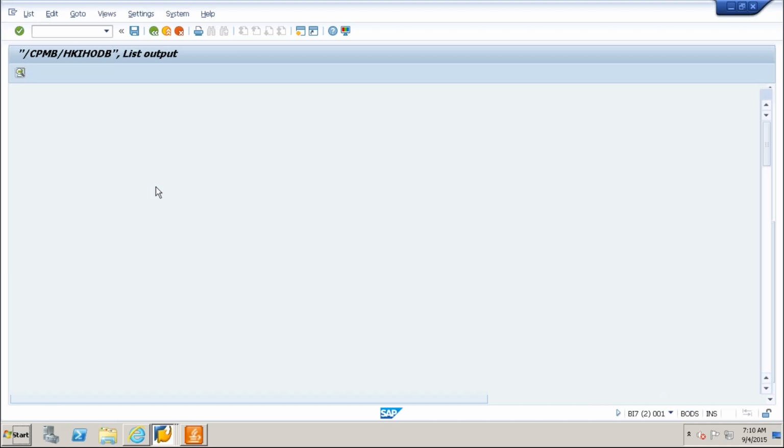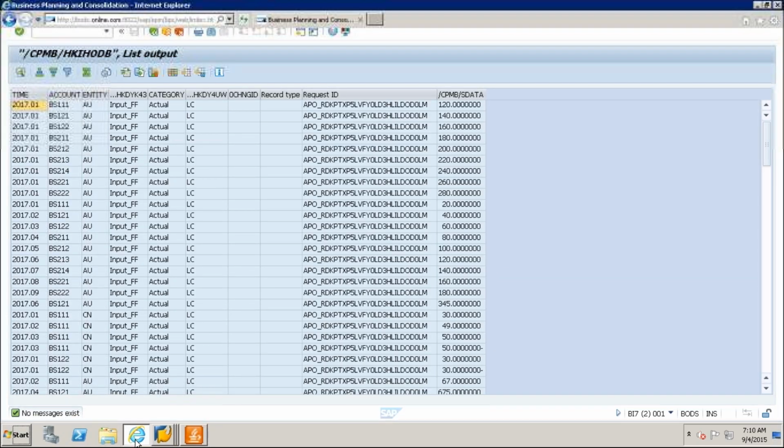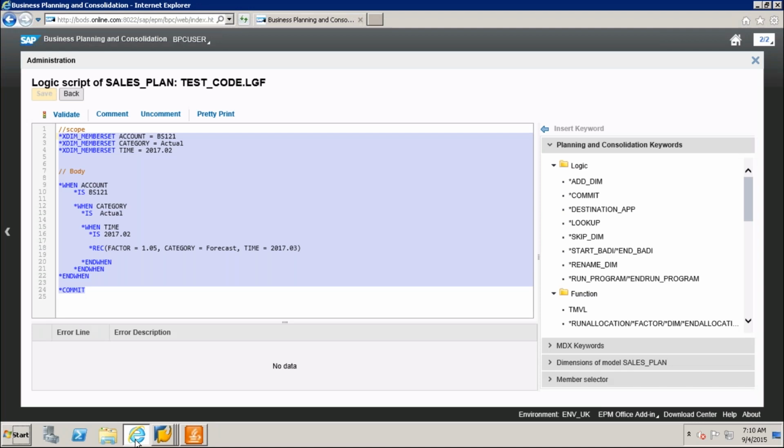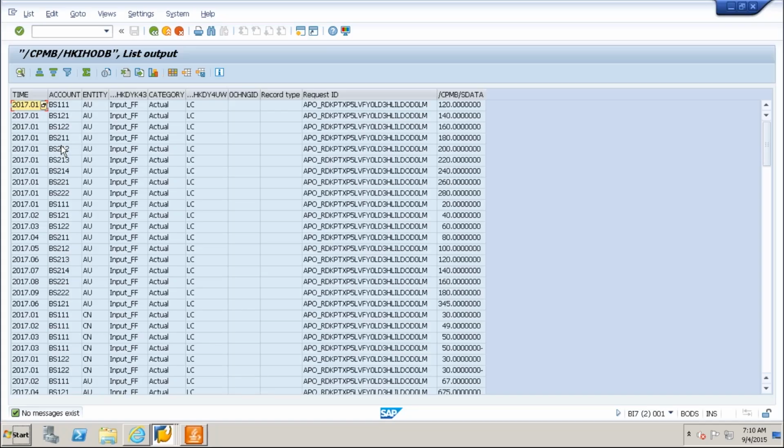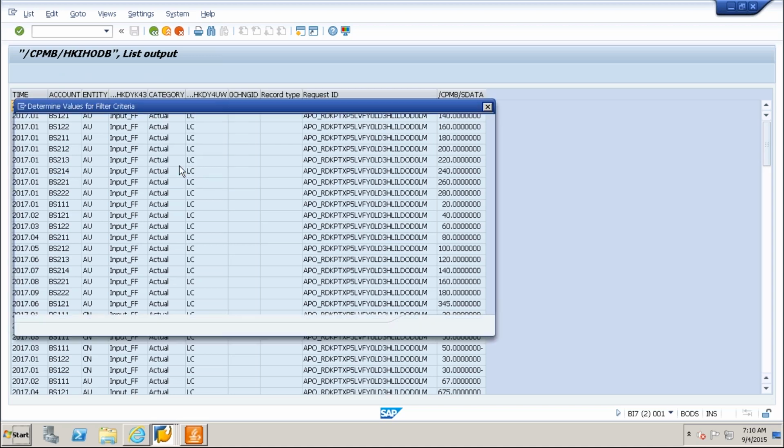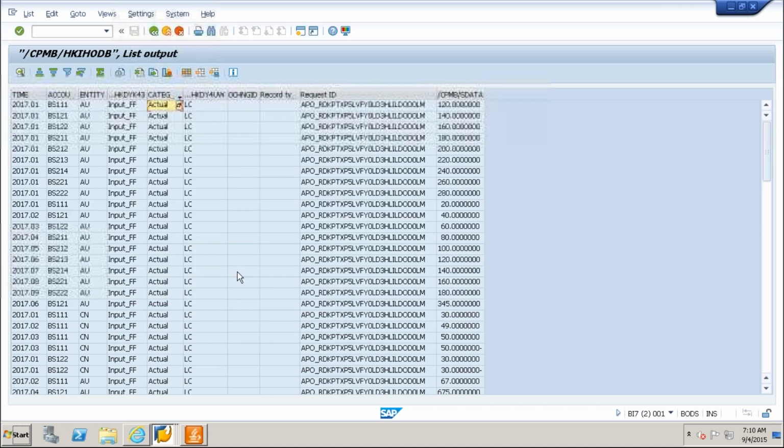So just we'll go and see for the actual 2017-02. So actuals, I'm going to set the filter here and 2017-02.